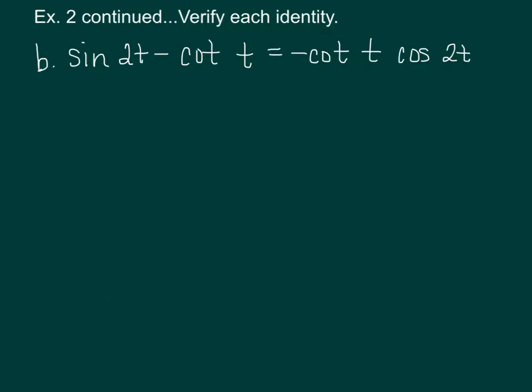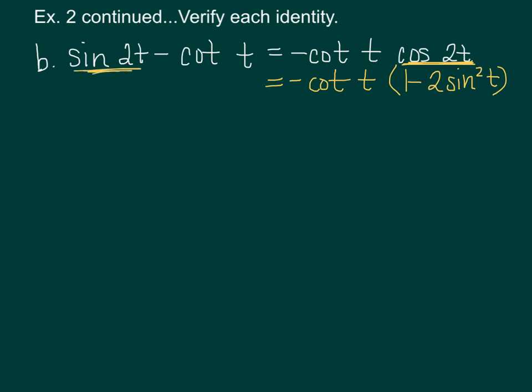Okay, for the last example, I'm going to verify that the right side equals the left. And I hope I said that right for the last example. If I didn't, I apologize. So I'm just going to use the cosine double angle formula. Remember, there's 3 to choose from. I'm going to use the one that equaled 1 minus 2 sine squared of t. And the reason why I use this one as opposed to the other ones is because on the left side